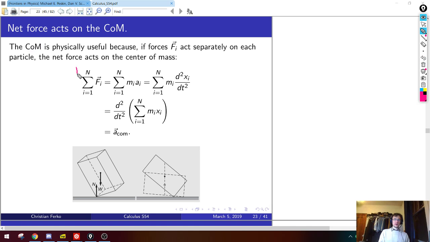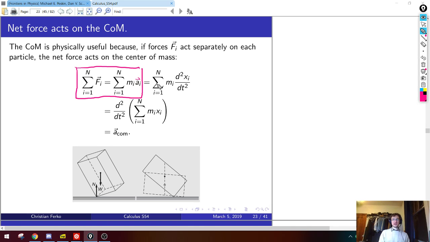We'll just start with Newton's law summed over all of the particles in a system. So you could think of this as a bunch of different atoms making up this box or something. So each of those atoms satisfies F equals ma, or I guess there should really be an arrow over the a because we're doing vectors. But anyway, the sum of the F's is the sum of the ma's.